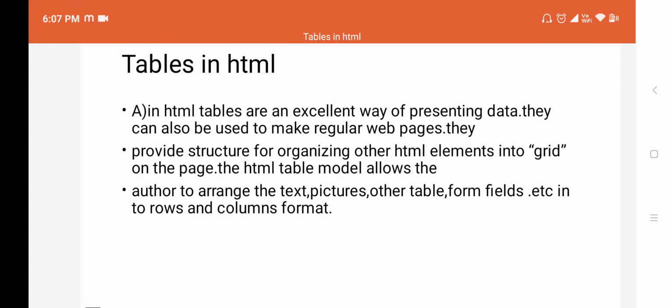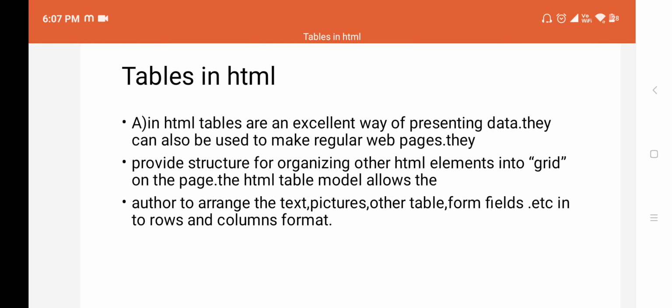Now, before starting this concept, let me give you the information about what is the use of these tables. See, without the tables also we can display content on the web page. But why are we using these tables?